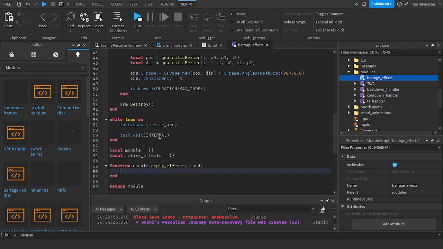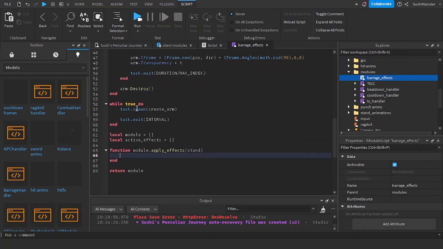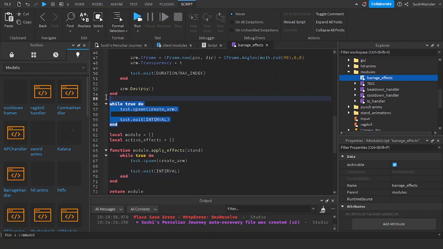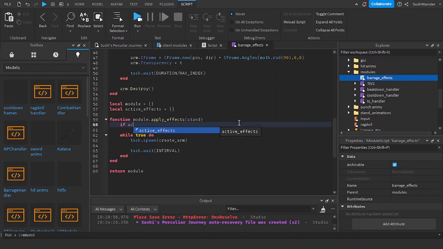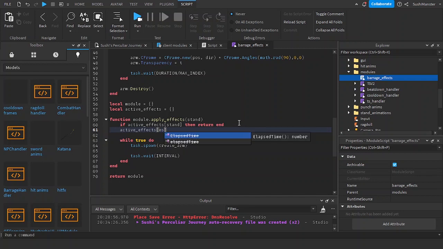It's going to do while true do, but instead of true, it's going to check if the stand is inside of active effects. So let's copy this, remove this. If active effects stand, then return end, and then active effects stand